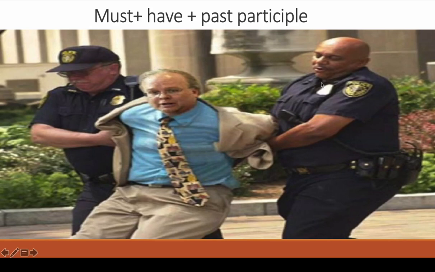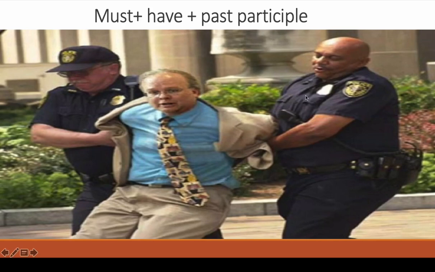So you are going to say that this person must have done something bad. How do you know? Because we have two policemen catching him. So I'm sure that he has done something. Okay, so what is the evidence? The evidence is we have two cops or two